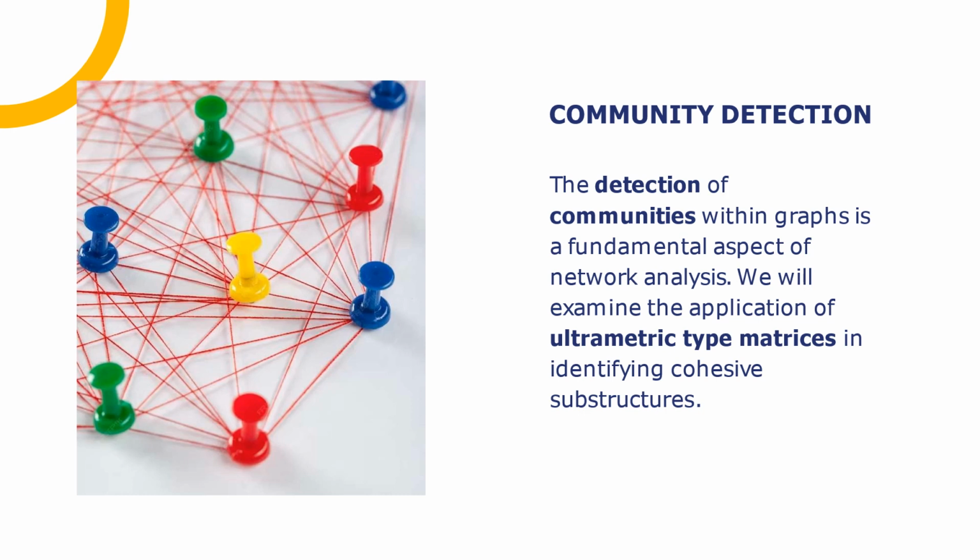Generative methods. These methods try to fit a probabilistic model to network data, such as a mixture model, a latent space model, or a stochastic block model. If you want to learn more about community detection, you can check